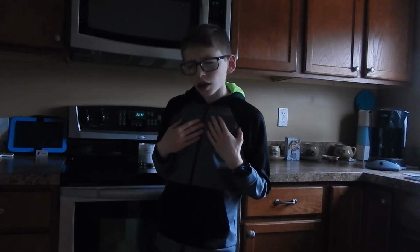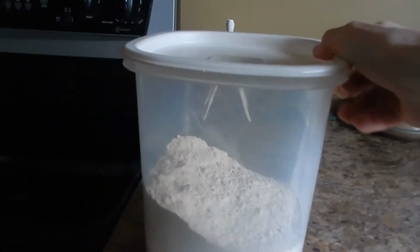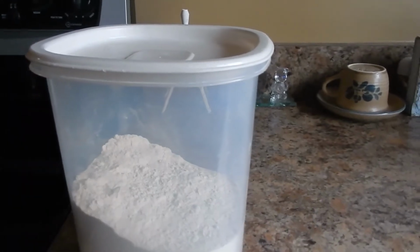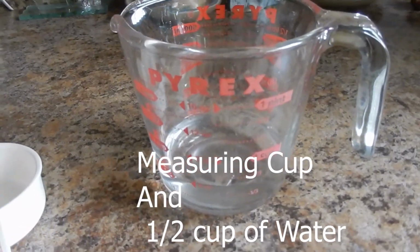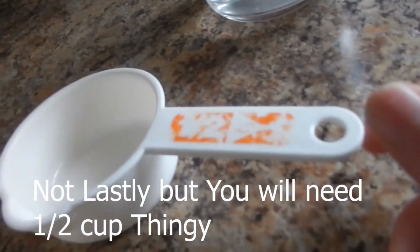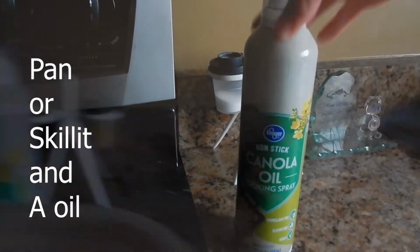Chef here, we're gonna cook some tortillas. So let's go on to the ingredients. Flour. You're gonna need flour first for these tortillas. Next, you're gonna need a measuring cup filled with water. Lastly, you're gonna need a half cup measuring thing. Then a pan, then an oil, salt,